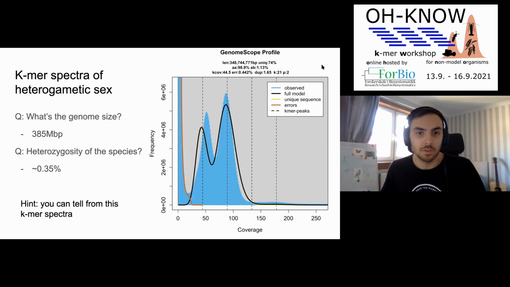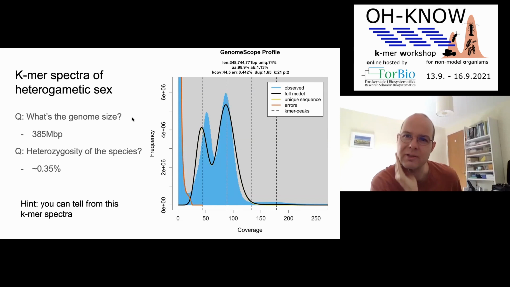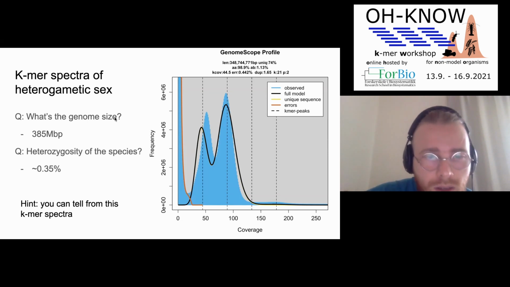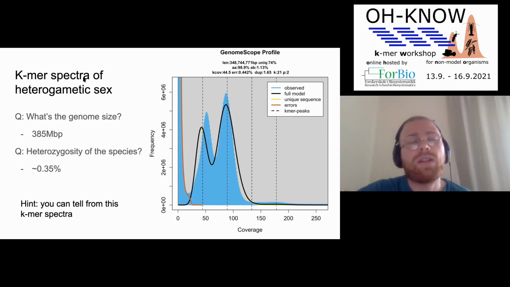But you also need to multiply by the values on the x-axis, right? It's not just the area under the curve. Yeah, sure, you have to multiply. It's coverage times the number of k-mers of that coverage. Yeah, it's not just area under the curve. Sorry about that, that was not actually accurate at all. Yeah, and maybe you could just mention something about that. I will. Okay,